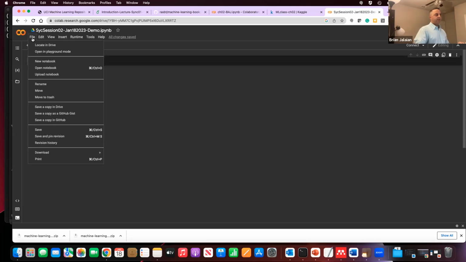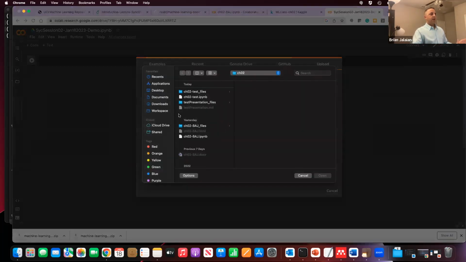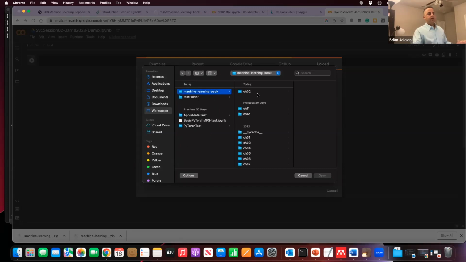You would press File, and you would press Upload Notebook. There would be a screen here that asks how you would like to download things. In my case, this is where I stored my book that I already downloaded from GitHub in the earlier part of the lecture. In your case, it might be in your download folder or wherever you have downloaded your machine learning book. If you have forgotten this part, pause the video, go back to the beginning of the video,